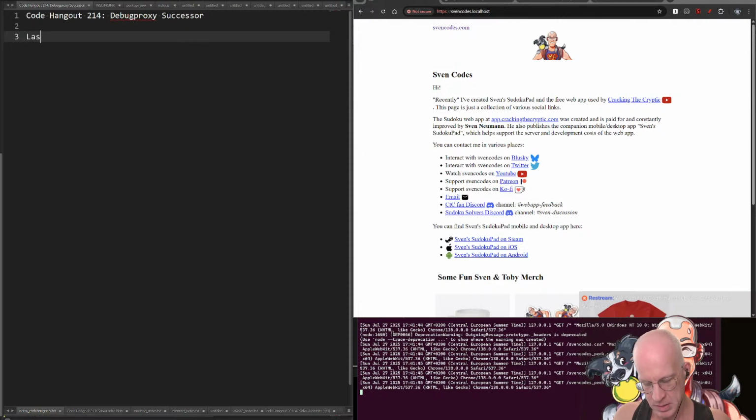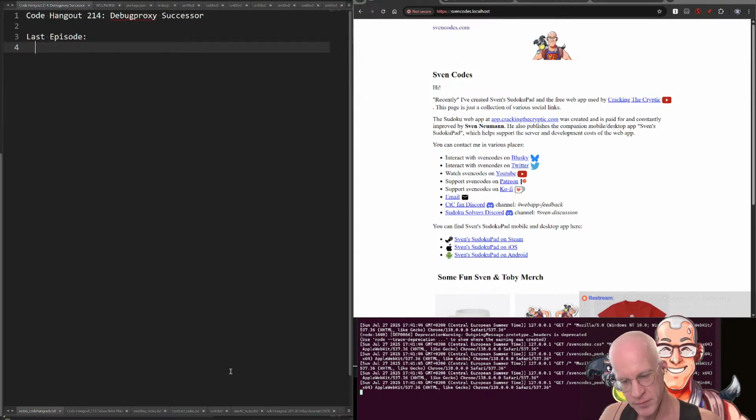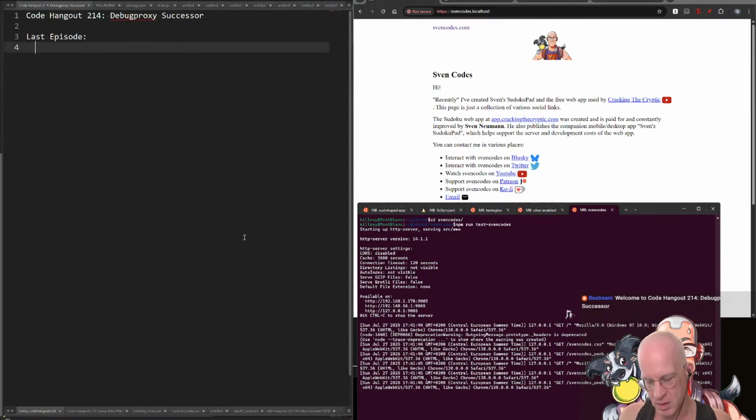So last episode, we looked at using Nginx for splitting out some of my server infrastructure, namely the plain sites like SvenCodes and ctcbook.com. And the way it works internally is, for example, for SvenCodes.com, we would have the Node.js service at localhost 9005, and then we'll have Nginx